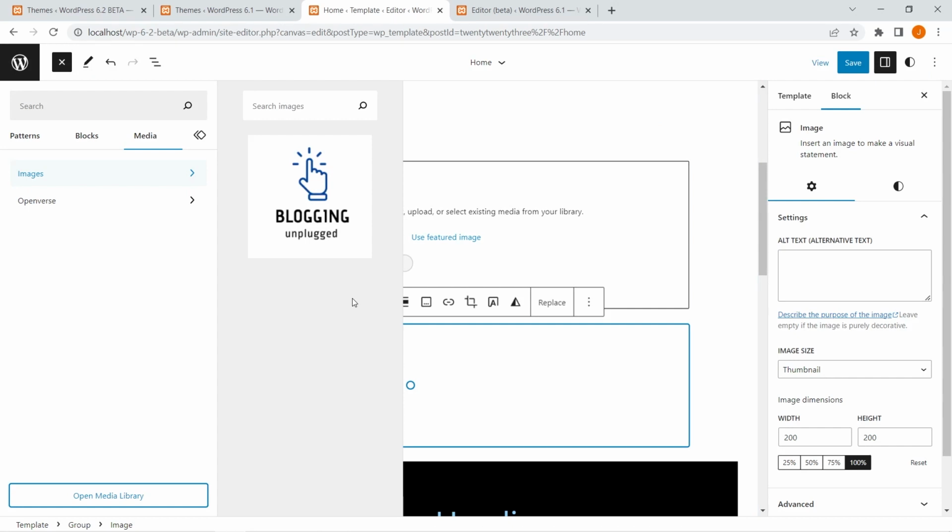Now coming to the Openverse. So what exactly is Openverse? First of all, Openverse is a project that is developed under WordPress, and it contains stock free images and audios basically. So there are over 600 million assets, I guess. Yes, so there are over 600 million creatives that includes stock photos, images, and audios. So you can use them easily. You can insert them